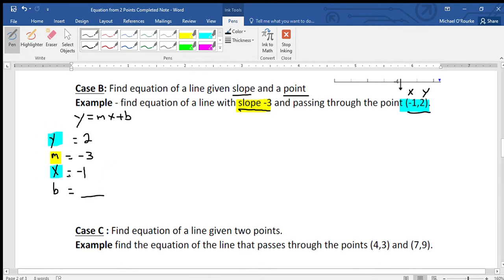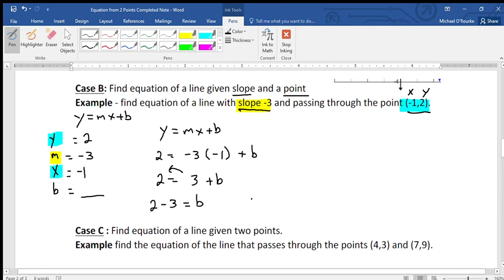And since we only have one missing, we can use some algebra to solve for it. So let's go through here. Y equals mx plus b. Let's plug in everything we know. Well, we know y is 2. We know m is -3. We know x is -1, but we don't know b. Right? So let's continue with our math. We go 2 equals -1 times -3 is 3 plus b. Let's move this over. 2 minus 3 equals b. So b